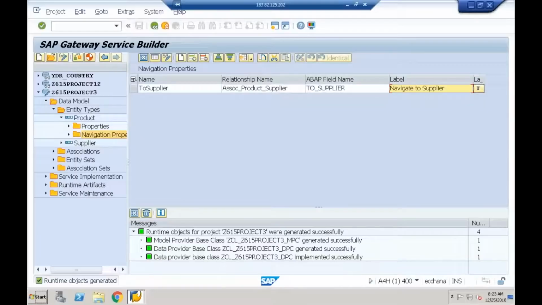And what is the cardinality here? N is to 1 means there might be n number of products supplied by a supplier. Many to 1. Many products might be supplied by the same supplier. So once the association is created, we need to create the navigation property. Navigation property is always created in the principal entity only. As part of creating the navigation property, you have to provide your association name, nothing but the relationship name. That's all. So I'm done with linking the two entities. To link the two entities, we just have to create the association. On top of that association, we need to create